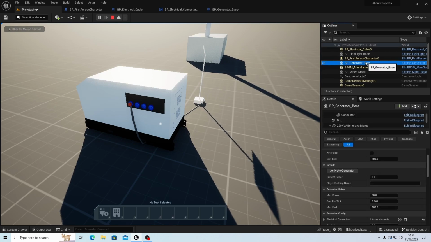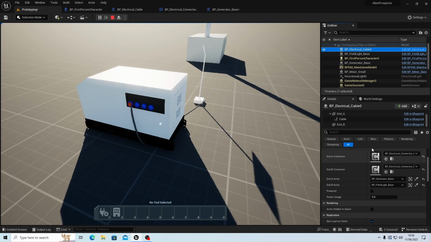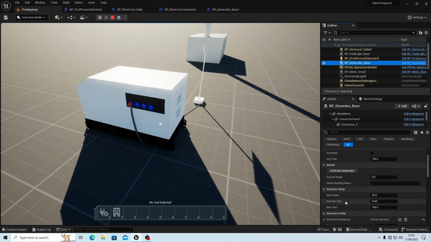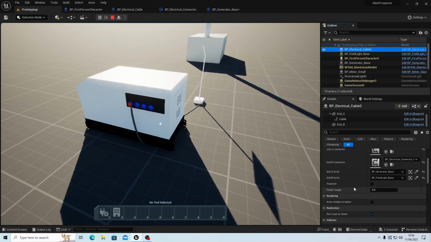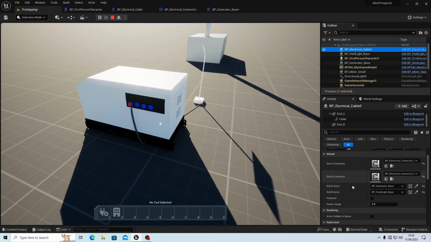Right, as you can see, the generator is not on, it's not running, and the cable is not powered whatsoever. So I'm going to activate the generator. The generator is now on and the cable is not powered. What have I done? Have I changed something wrong here? Why is it not powered? Why did it not run? Let's